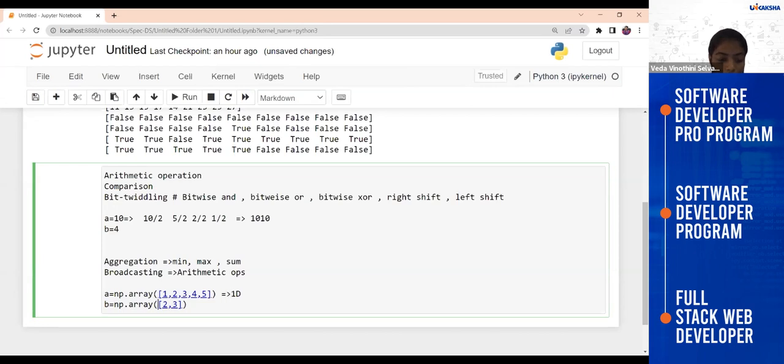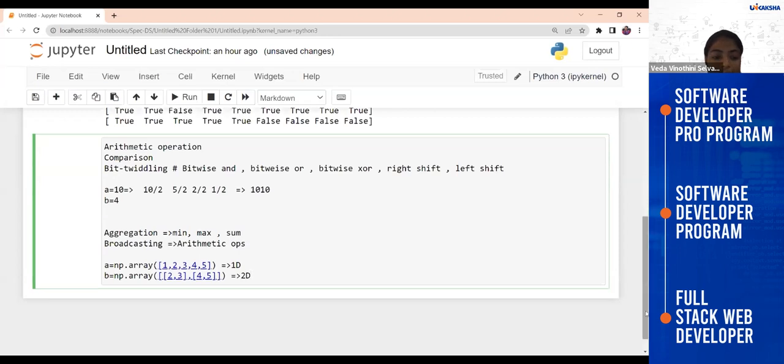And here I will create a two dimensional one. So this is a two dimensional array. In this particular case, if you want to perform an arithmetic operation, is it possible? No, right? So you cannot perform the addition operation or any of the arithmetic operations on these.